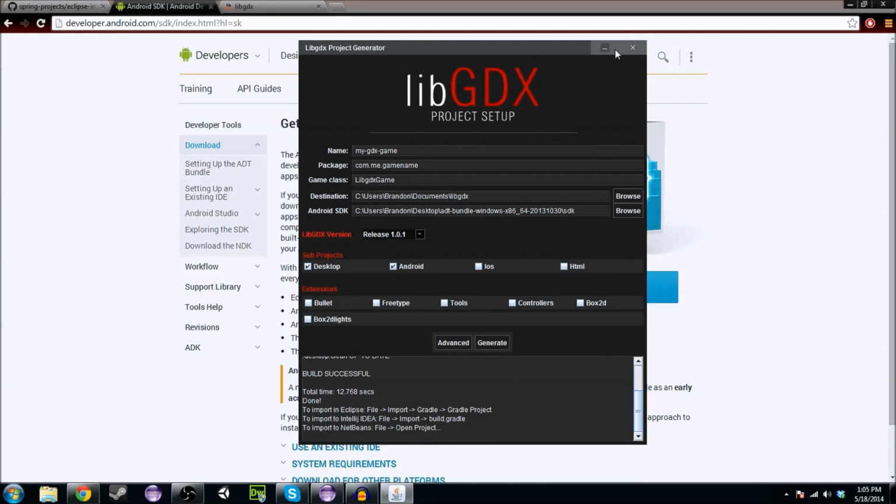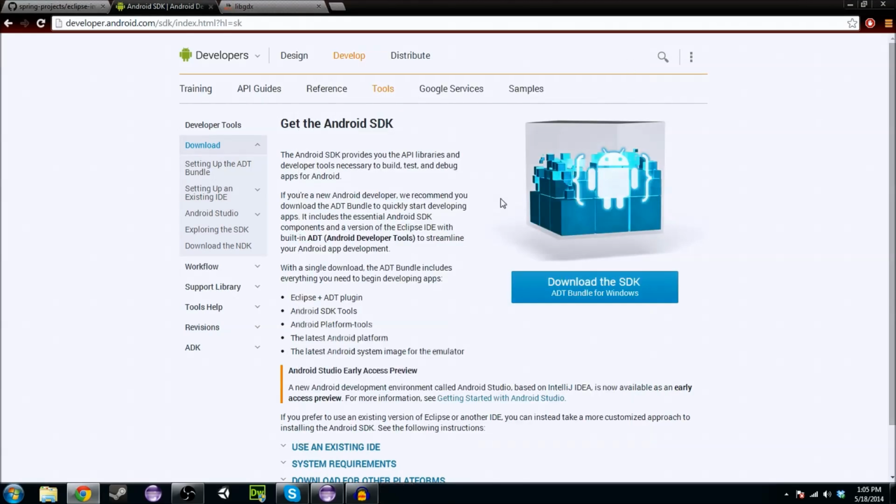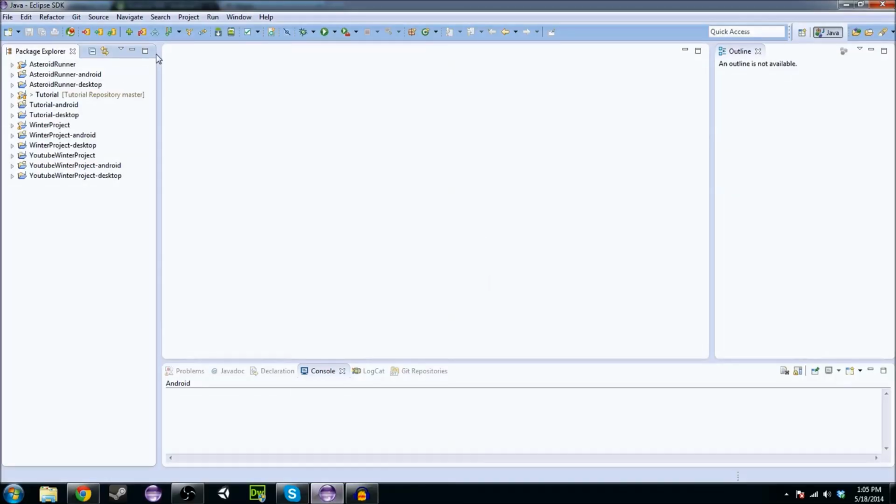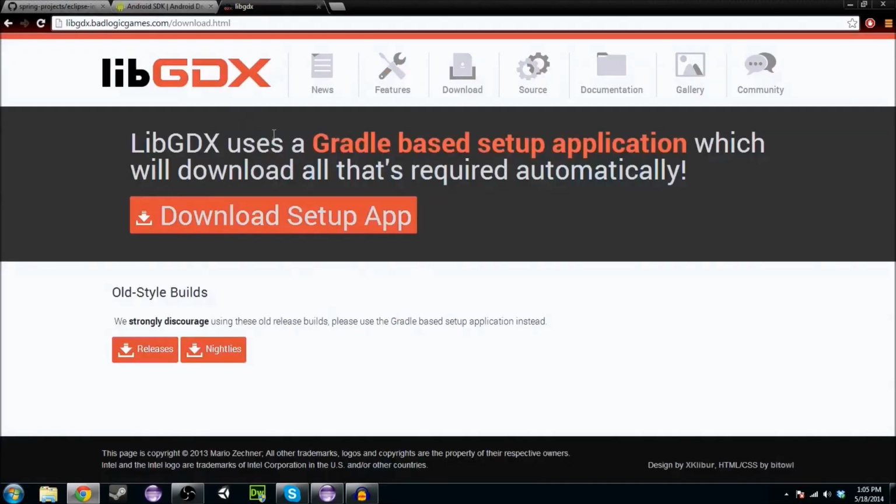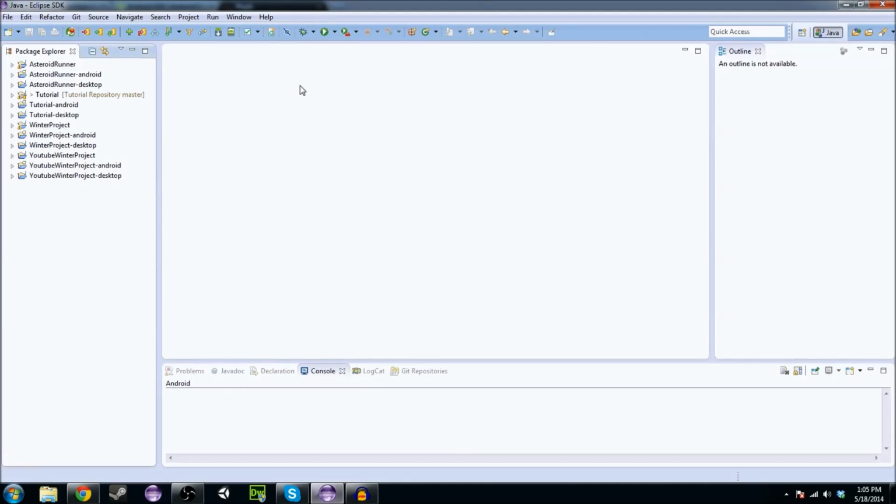So once you click out of that, you can just exit that and open up Eclipse. Now, you're going to have to download a couple files because right now it's saved as a Gradle project. So right here it says a Gradle-based setup application. That's different than what it was before, where you could just import the projects in and just go on. You actually have to have a plugin for